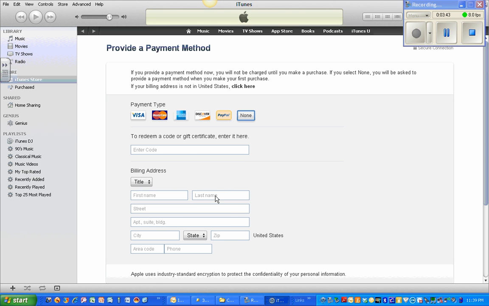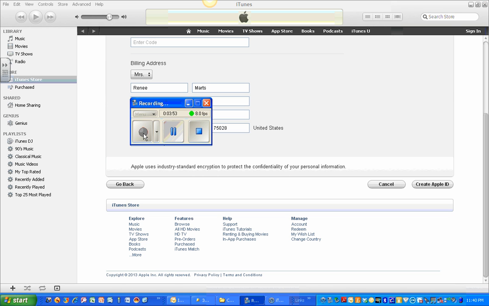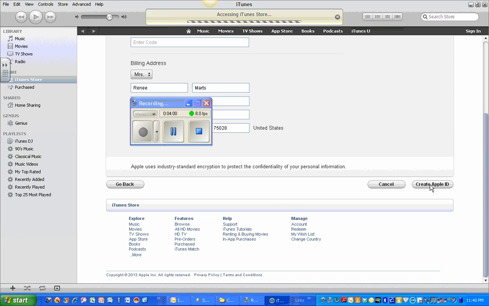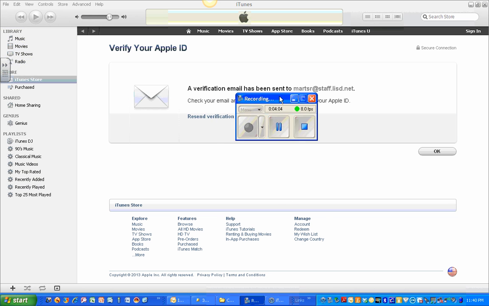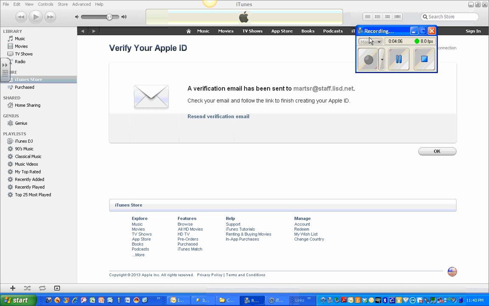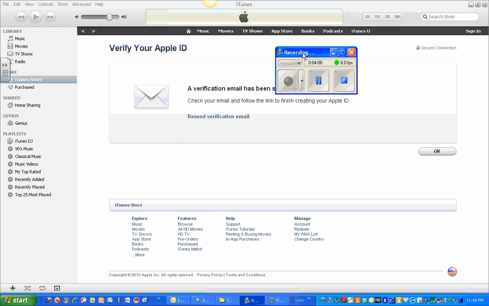No bills will be sent to this address because you have selected that no account or no payment method is selected for this account. Once you have entered all of the information for the billing address, you will click Create Apple ID. Once you create the ID, you'll have another window that pops up that says Verify your Apple ID. Once you do that,